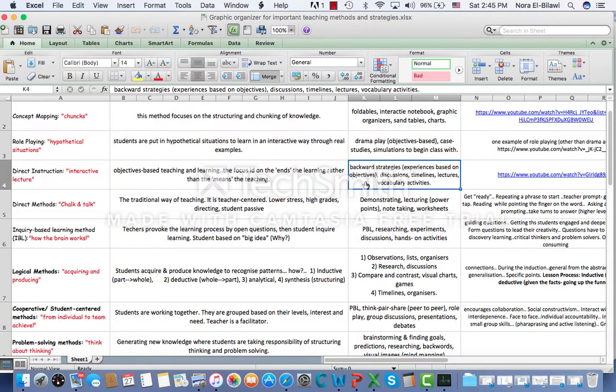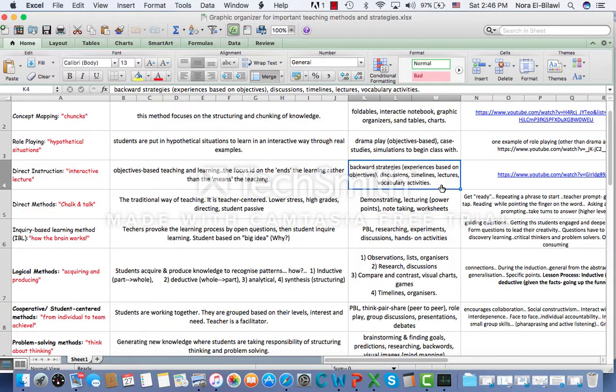The strategies that match with this are backward strategies, and it's mainly based on putting the objectives and then working from the objectives to get to the ultimate end. You do discussions, timelines, lectures, vocabulary activities, all of that together, or one of these, as long as you're going to get to the final